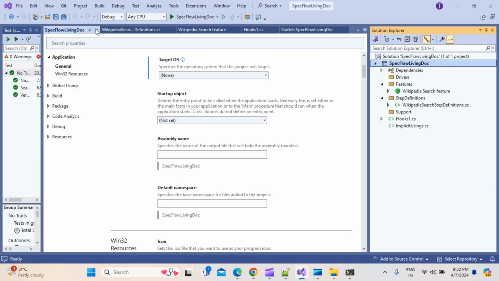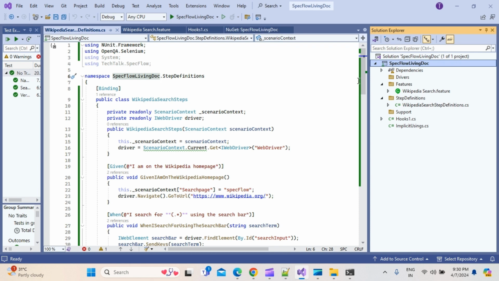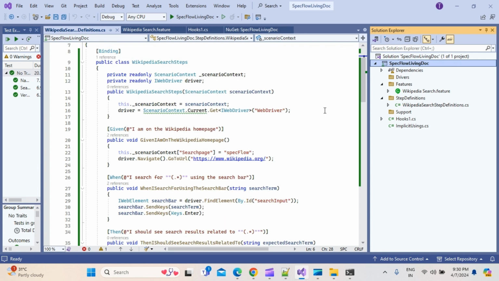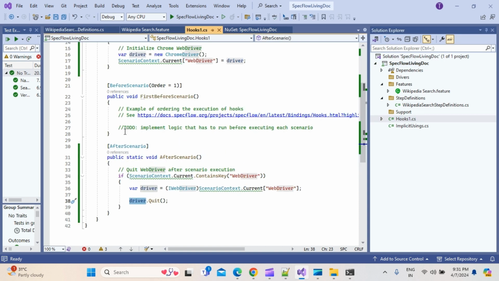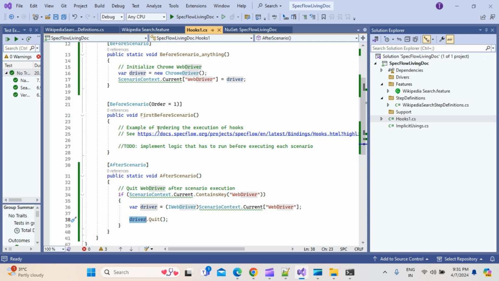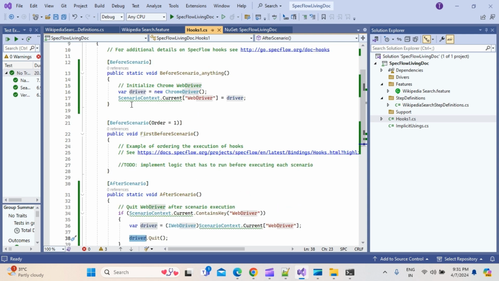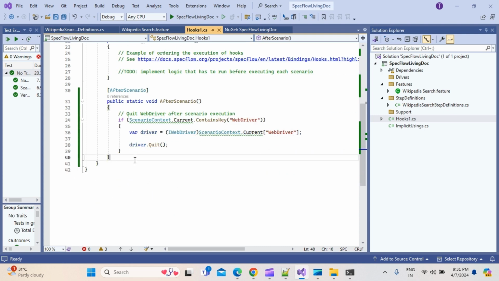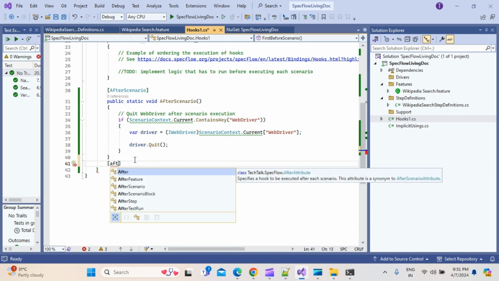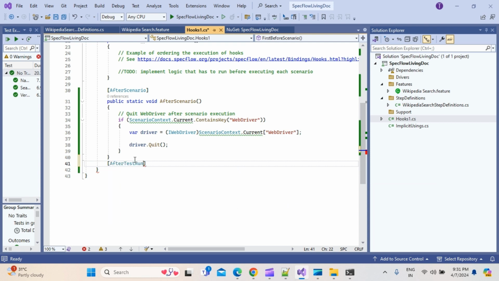Now the second part comes, right, how we can automate it. To automate, there is a very good example for using the hooks for this scenario. So we will go to the hook, right, and we will see how we can automate it. So basically we want to generate the report when our test case execution completes. So we will write AfterTestRun, and then we will write a method. You can give any name. So let's say I will give